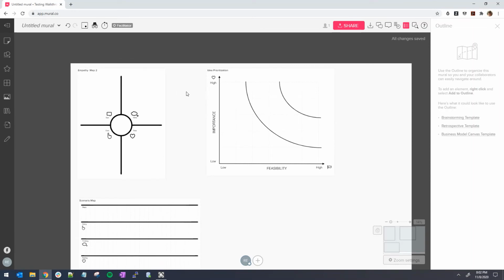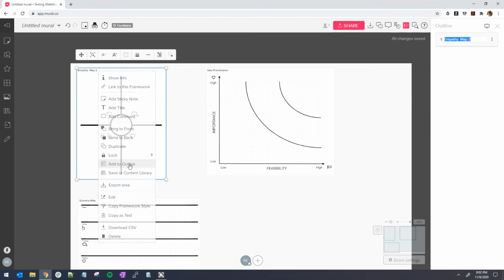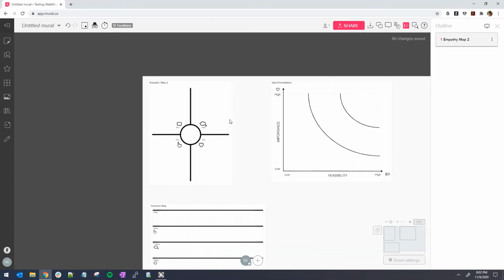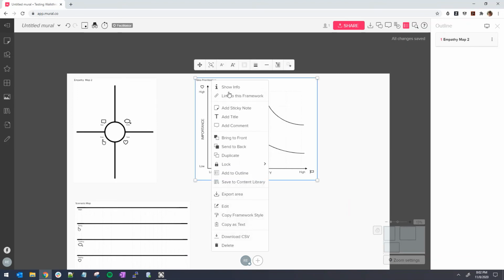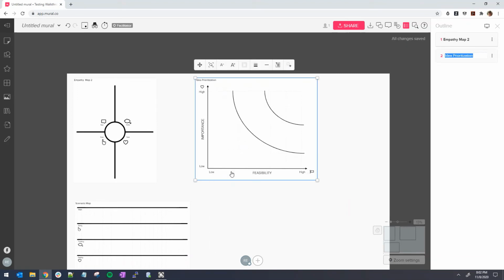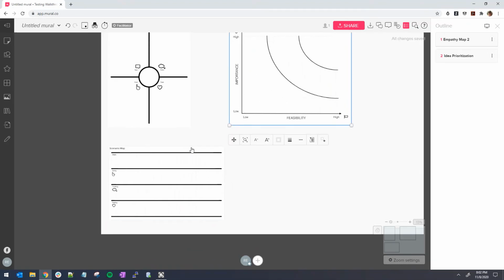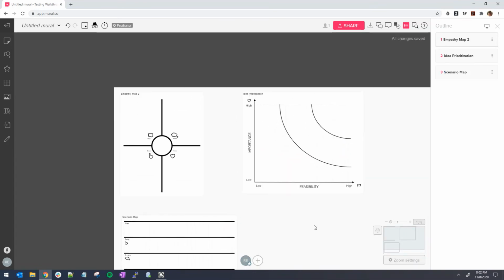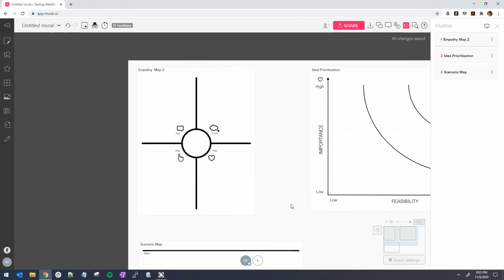On this empathy map, I can click and add to the outline. I can add the prioritization to the outline as well. Done deal, and also the scenario map. Now we have the three activities in the outline.